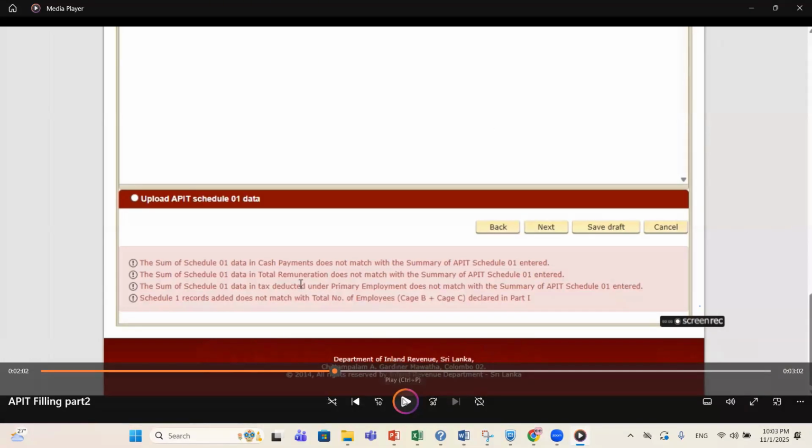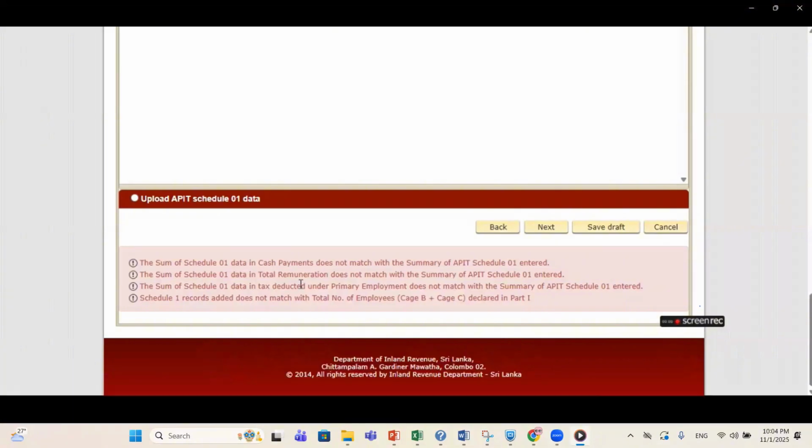So what we can do is there are two options. One is we can enter the schedule related data using this inbuilt user interface. We can use this user interface to enter the employees' data, but it's not practical, right? The system allows entering only up to, I think, 10 employees' details. In case your organization has more than 10, you have to upload the CSV, right? So let me show you.